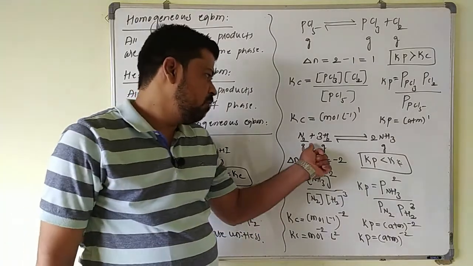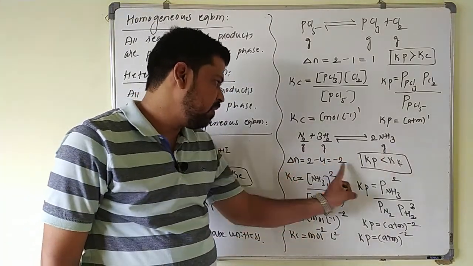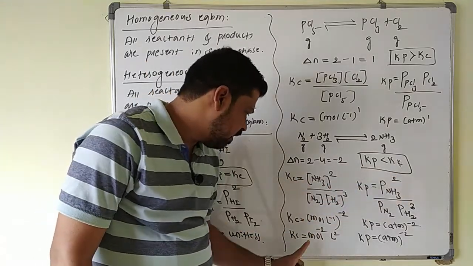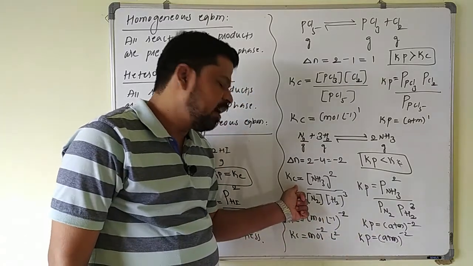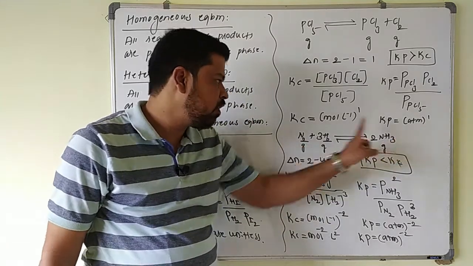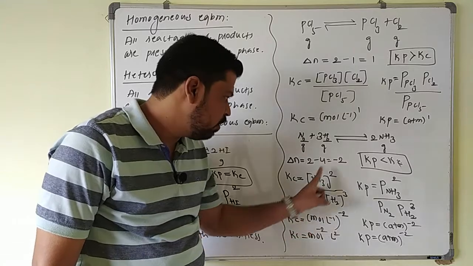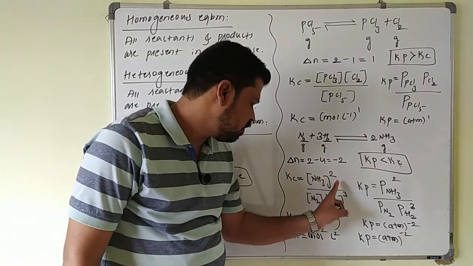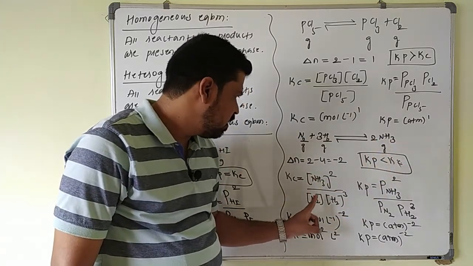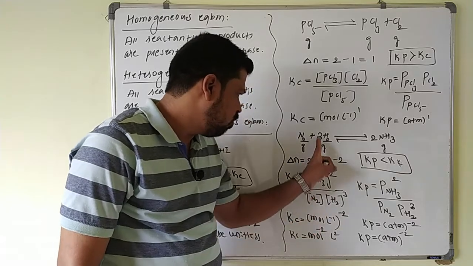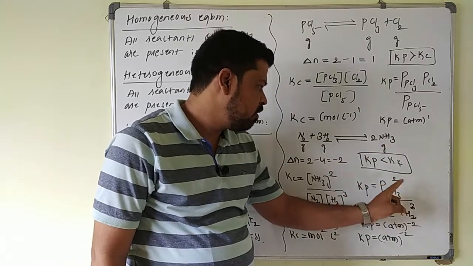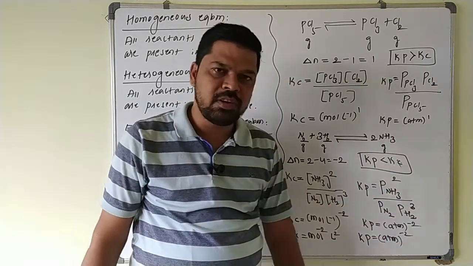Okay, so this is how for a given reaction you can find out the delta n value. Based on that you can give the relation between Kp and Kc, and then based on the delta n value you can write the units of Kc and Kp. And for writing the expression of the equilibrium constant in terms of concentration, it is molar concentration of product divided by molar concentration of reactant. So you use the stoichiometric coefficients: molar concentration of ammonia power 2 divided by molar concentration of N2 and molar concentration of H2 power 3. Likewise, you can write Kp in terms of partial pressure of ammonia, partial pressure of N2, and partial pressure of H2.